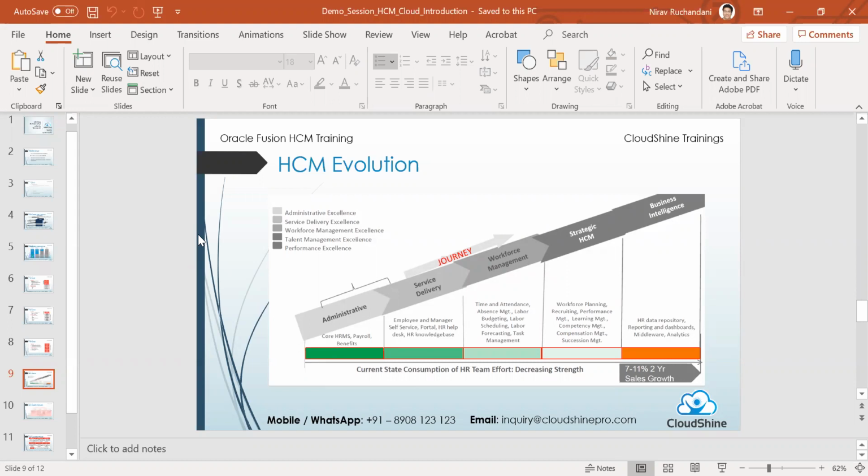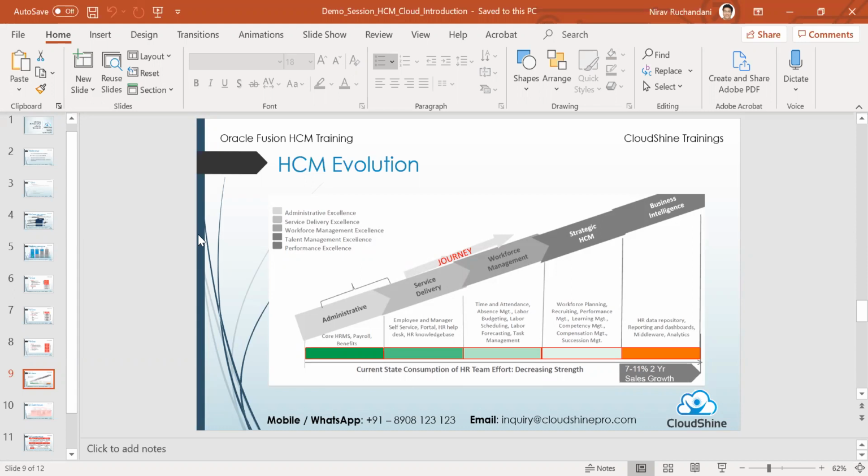So there are offerings that Oracle has with regards to chatbots, which help interact with the employees, managers, and other business users or the end users, and make their lives easier, or their journey with the Oracle HCM easier. But essentially, this has been the journey of HCM in totality, and more so even for Oracle Cloud per se. It has been how the evolution has happened.